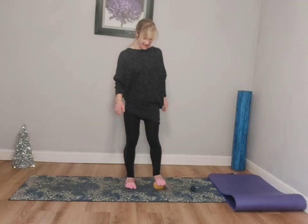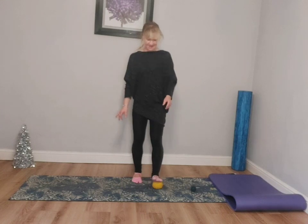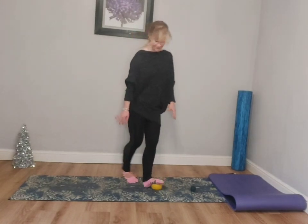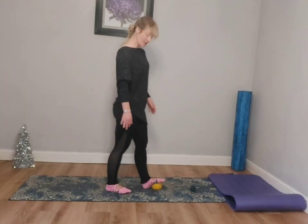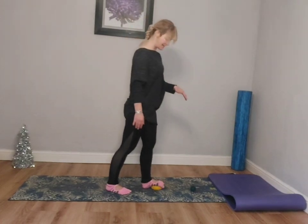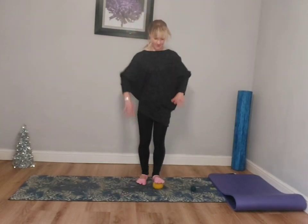So you're going to do the 2 there. And then you're going to bring it back to centre. You're going to take the ball so your toes, the digits, just fall over the edge. So your heel is now going to stay into the floor, like we did this side on. So you're going to do a little press and a release, but it's the digits that are now going over that ball. So we'll do about 10, but you can do 8 to 12 reps